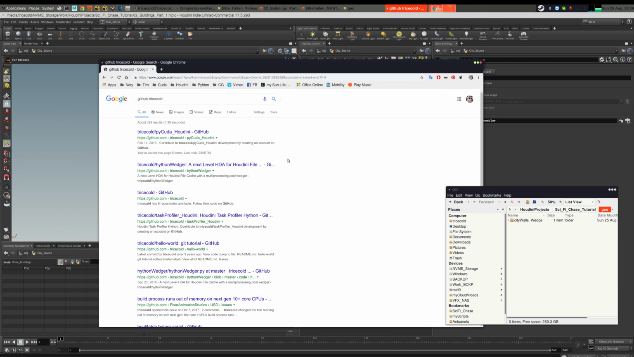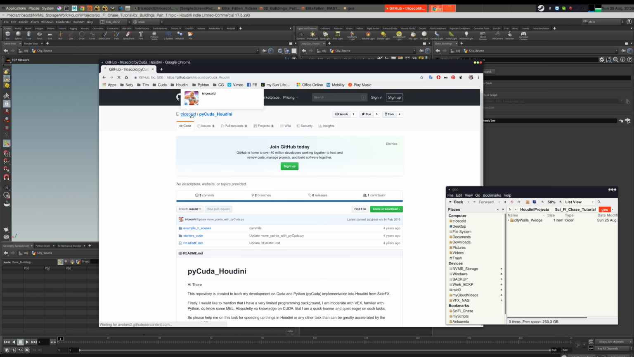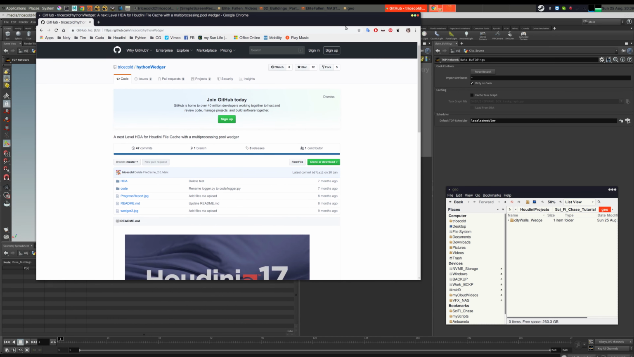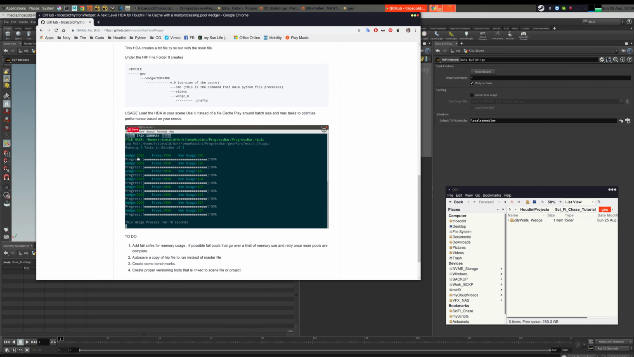So basically I wrote a little tool that wedges. I called it the heighten wedger. If you're interested, you can just go in here and download it and see how it works. It basically says I'm gonna launch 8 tasks, let's say, but in batches of 3. So it allows you to run a simulation or caching, more than one simultaneously on a single machine, because